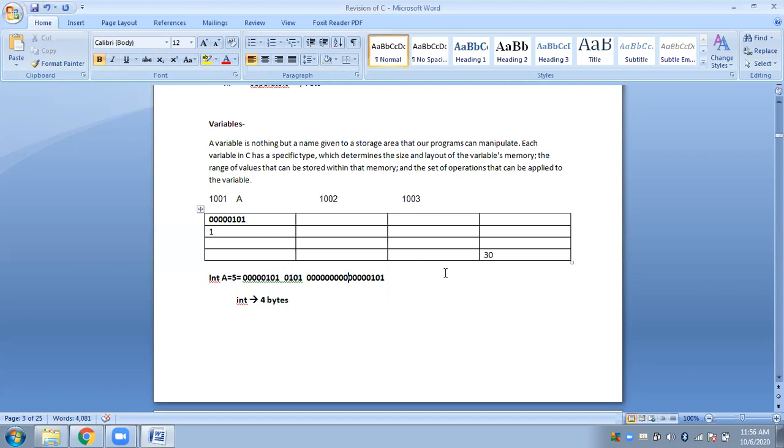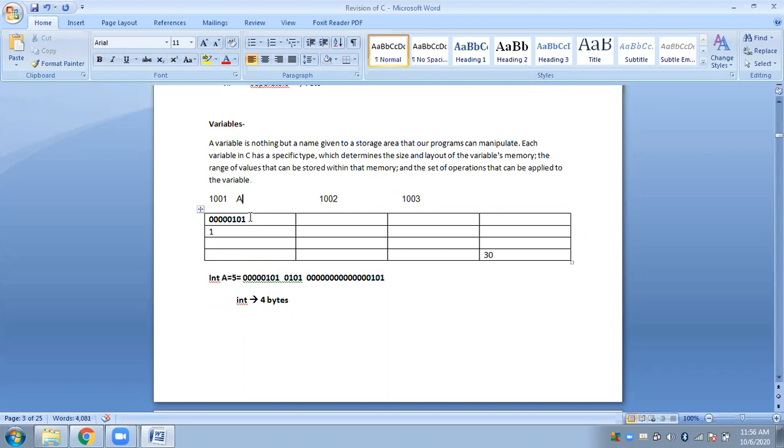The same can be represented using 24 bits also, 32 bits also. But anyways, the last 4 digits, the least significant bits, are the actual value. The first are only zeros and nothing else. Now, when I say that I want to store a 5 in the variable a, okay, so now a is